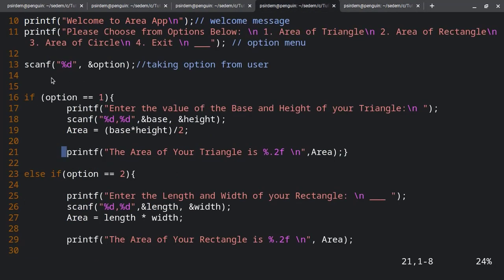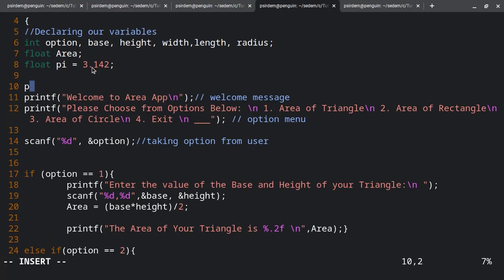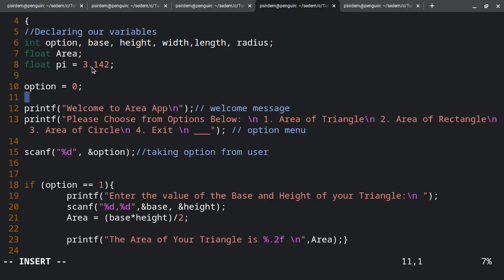We said earlier that we would have to put them into a loop. First we want the menu to keep displaying, so we would have to go into a loop. How we do this is quite simple. We can do that by first assigning option to be 0, giving option an initial value. Bear in mind that this is just one way of doing it. There are several ways, but this is just one way of doing it. So you can first assign option to be 0, and then use a while loop and say that while option